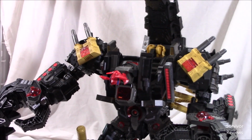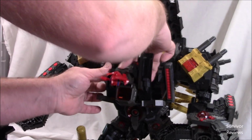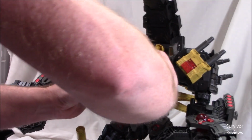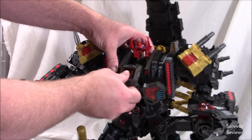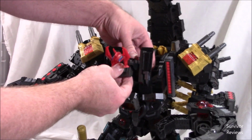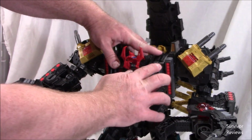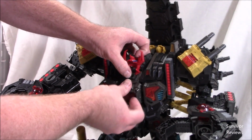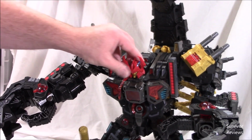So, alright, so now we need to work on the chest here. And it's kind of one of those situations where it's easier to say that we're going to work on the chest than to actually do it. There's a trick here. You gotta get this thing up so that it looks like that. Rotate everything around, pull this down in front. Alright folks,